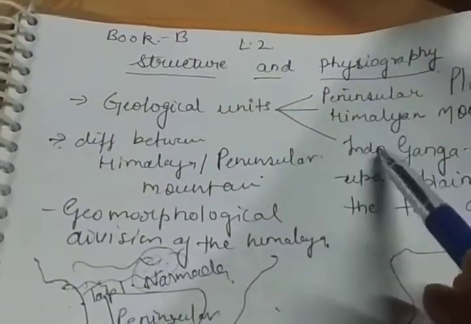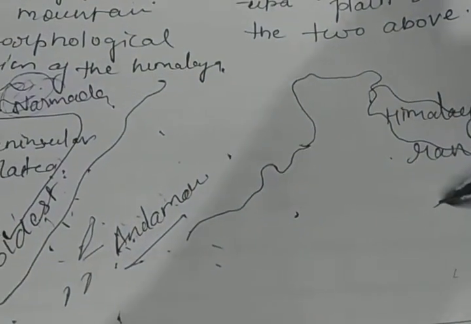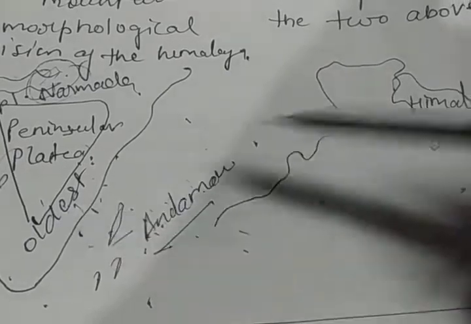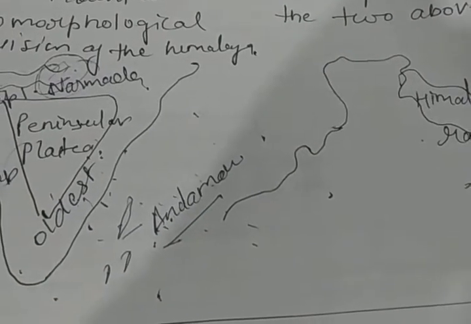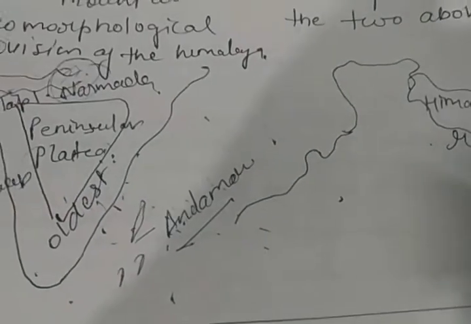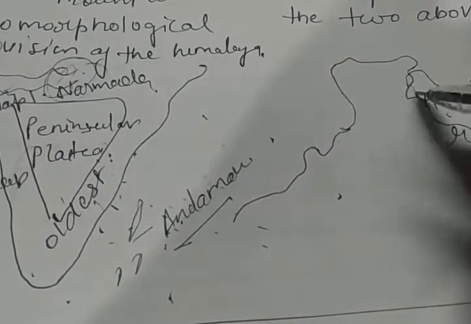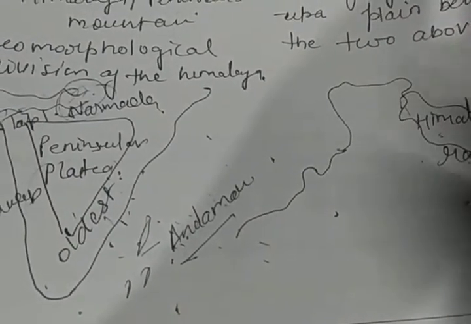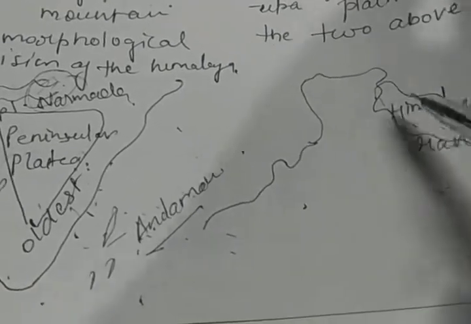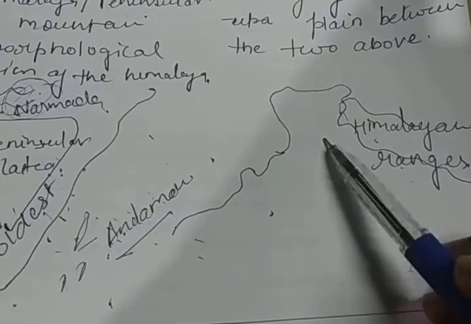First peninsular, then Himalayan ranges. We can discuss a general introduction of the Himalayan ranges. They are much younger compared to the peninsular plateau, and are young fold mountains, you can call them. That means till the Mesozoic era, 70 million years ago, the entire Himalayan area as well as the plain was under water. So children, the Tethys ocean was there, where today you see the Himalayan ranges. Millions of years ago there was the Tethys ocean here.